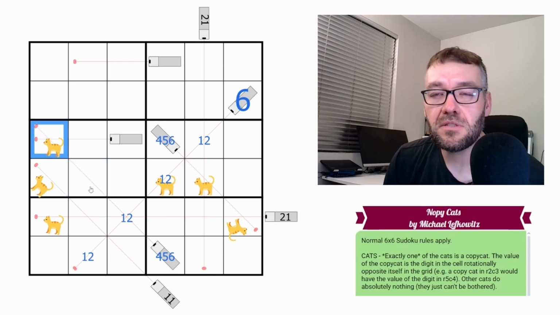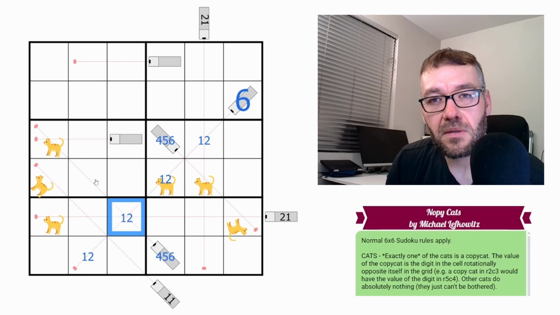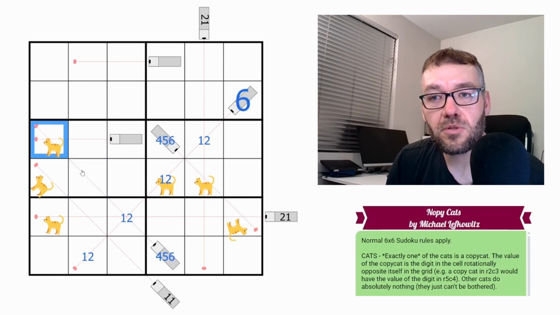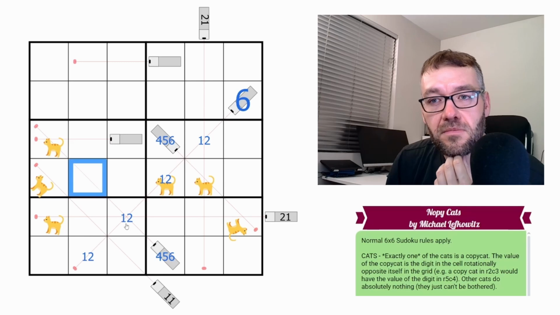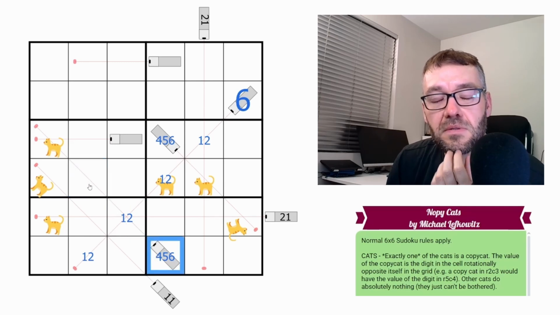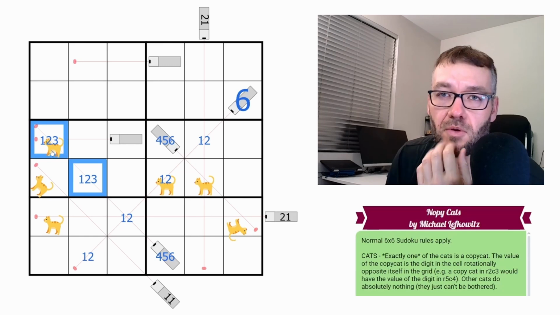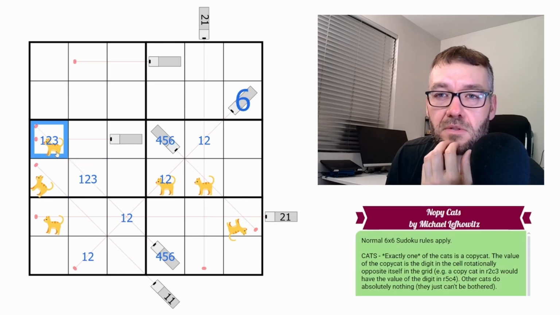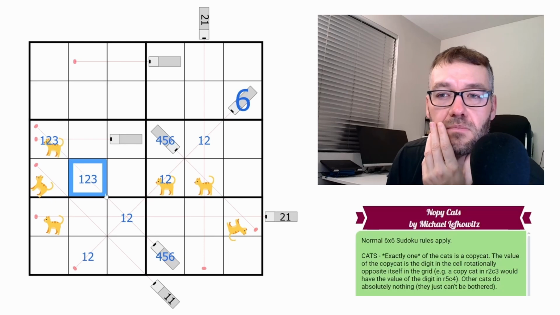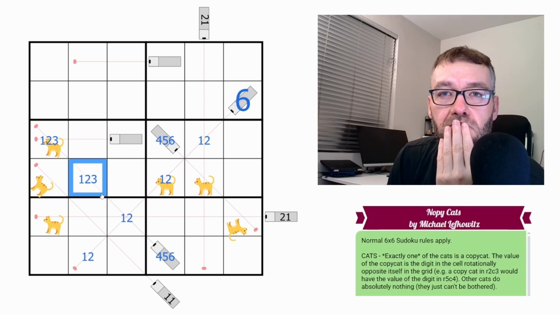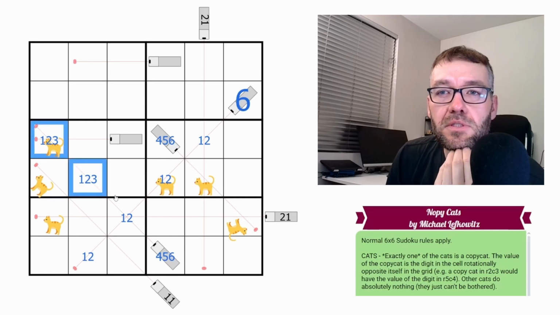We can't have a 5 or 6 on these two because that would make this too big. The biggest this could be is 4, 3, which would be 7. No, the biggest this could be is 2, 3, which would be 5 for these two. And then we could have a 1 here making the 6. So that's the biggest. So these are at most 1, 2, 3. Or at most 2, 3, but we could also be down to 1 as well. So this is either 3, 4, 5. So this is at most